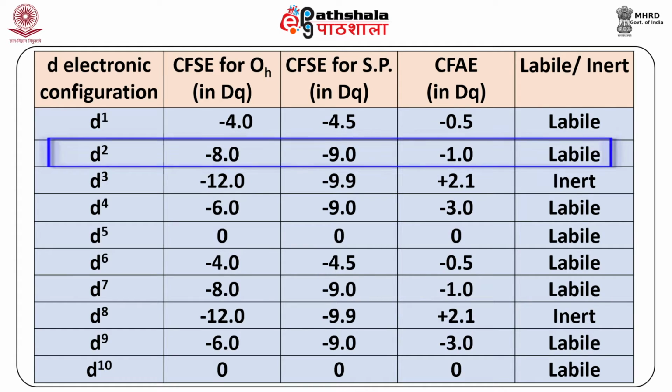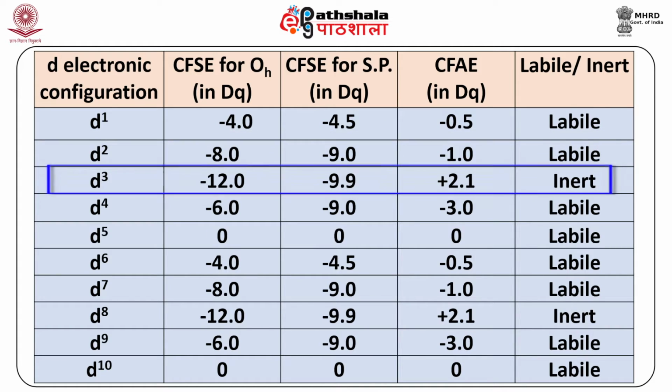Since minus 1 Dq is a negative term, that is, the intermediate is more stable than the reactant, therefore the reaction will be labile, the complex is labile in nature, and the product will be easily formed through